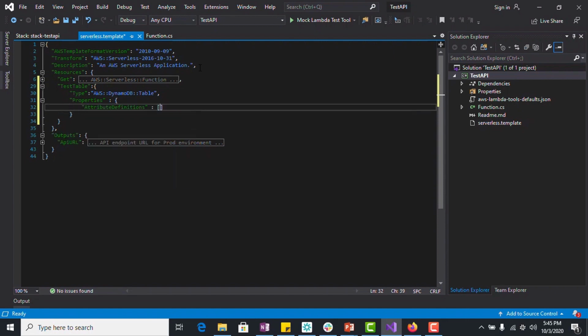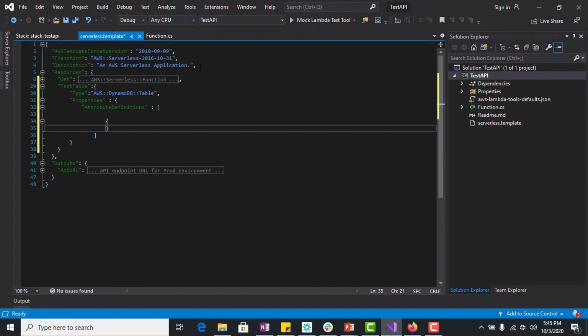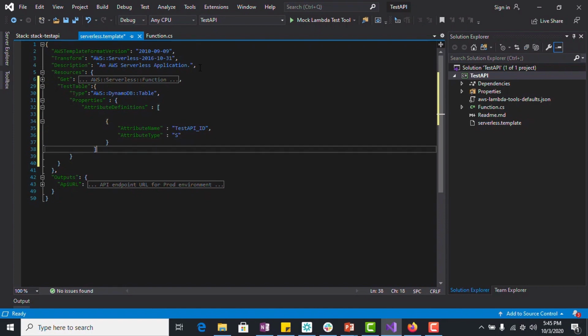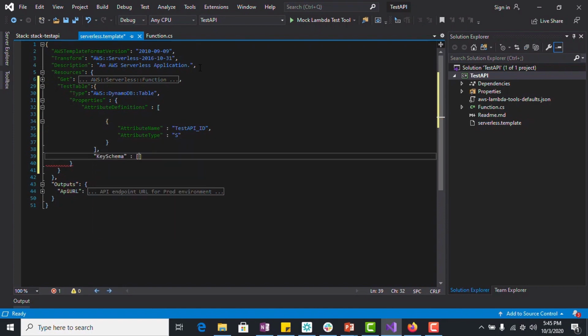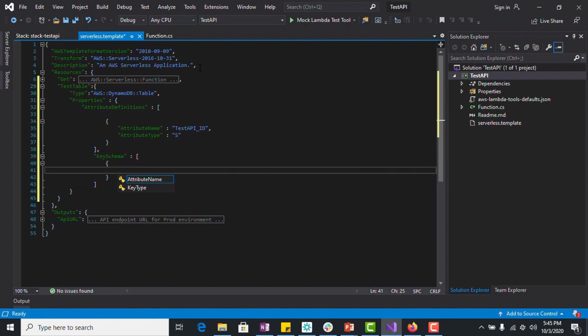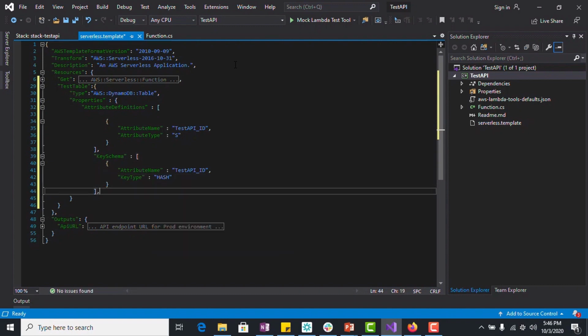In properties, attribute definitions, we'll have just one attribute. I'll name it test API_ID. I'll use the attribute type as string, which we denote using S. And let's make the same attribute our hash key as well: test API_ID, and we'll use HASH as our key type.